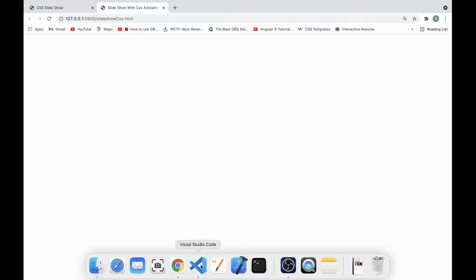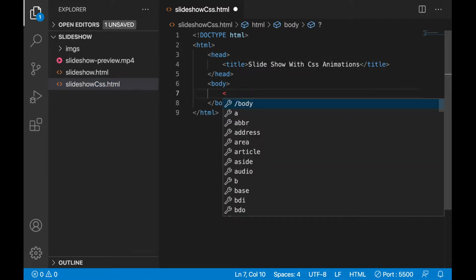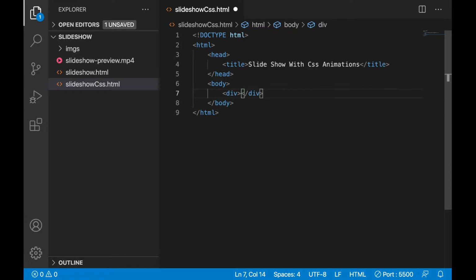So let's write some content inside the body. Let's use a div inside, and let's add a class here, image slider. Using this class I will write the styles, so you can see our preview here.